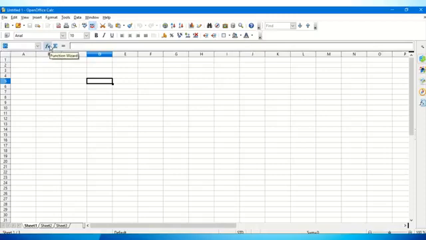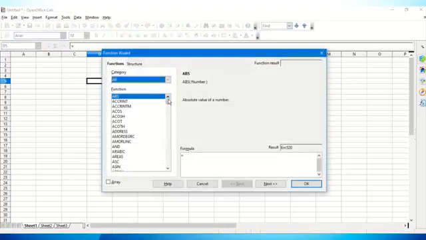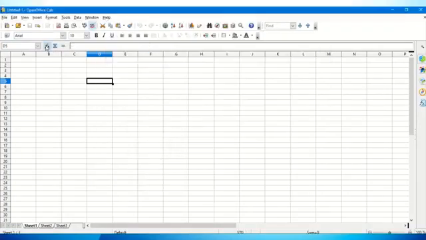So with the help of this particular icon, when I click on it, it will give me a list of all the different functions which are available to you, which you can use very quickly to do mathematical calculation. So this is called the function bar, the function wizard. Besides that is the auto sum function, which helps us to do the totaling of a range of cells very quickly. And the next one is the actual function.